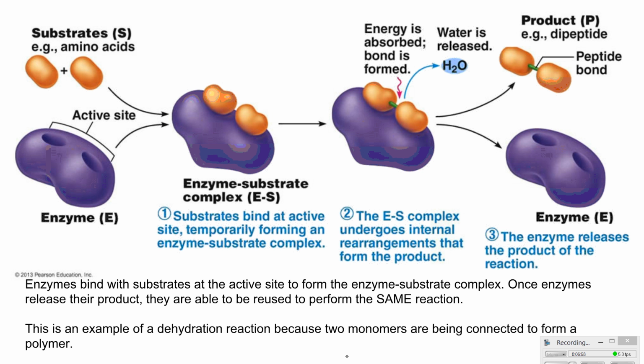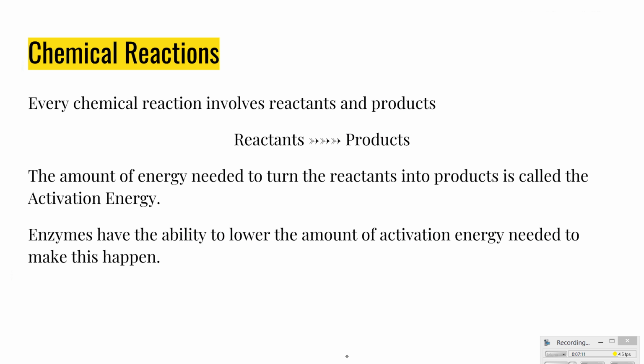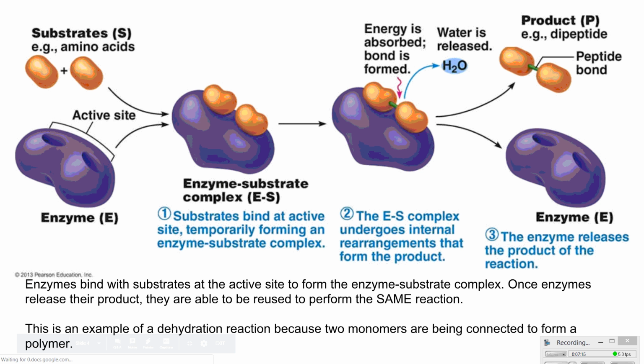These two substrates are going to be having to move so fast and colliding so precisely that a bond forms in between the two amino acids. Okay, that is the amount of energy needed to turn those reactants into products. So you can theoretically look at this and say, well, could these two substrates turn into this product without the enzyme? Yes, but they would require so much energy because they'd have to be moving so fast and hit each